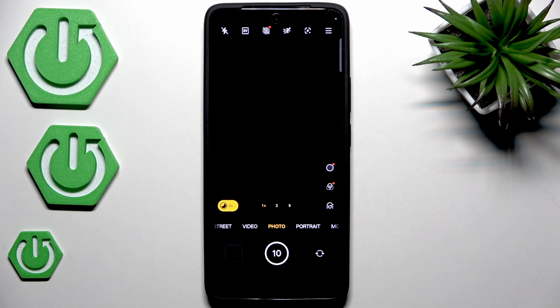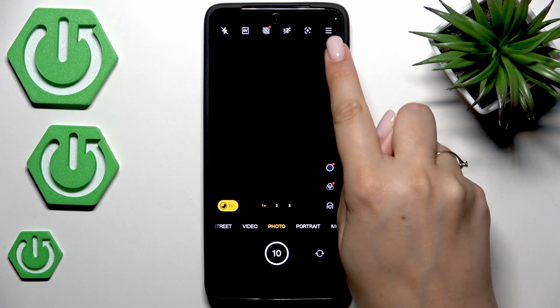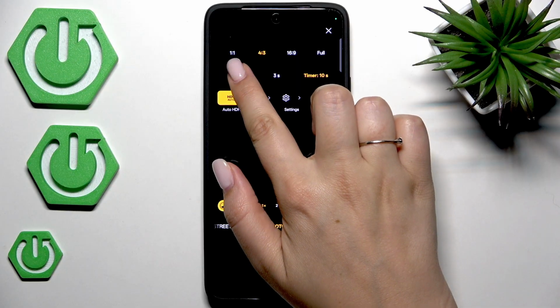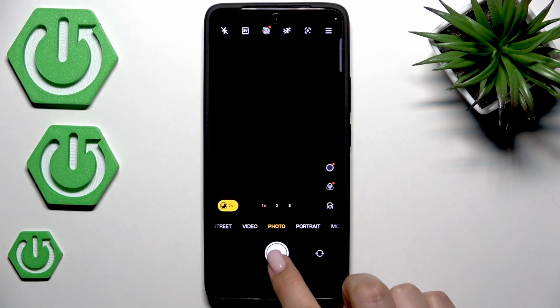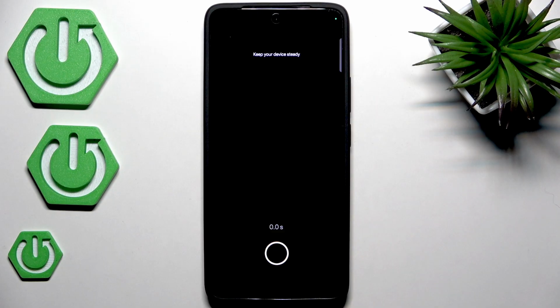As you can see right here, we've got also this additional timer which is for 2 seconds, I believe. I'll show you how to turn it off, but let's begin with turning off this timer. So obviously we need to go through all of those steps which we've taken previously. So 3 bars icon and tap on off, and now your device will take photos almost immediately after tapping on